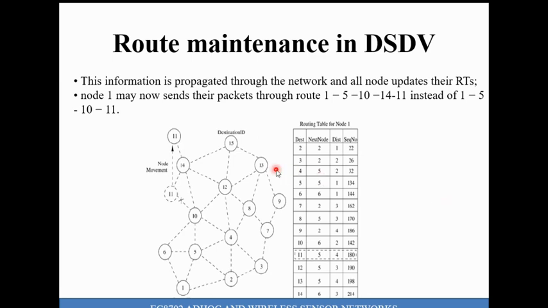Now we have to understand how complex this is. Each and every node maintains a table like this, so it requires more memory compared with other types of protocols. Apart from that, to handle a single frequent path break, node 10 generates some messages, as well as node 14. Those messages are flooded throughout the network, so it consumes more bandwidth. That is why we can say there are a lot of drawbacks in the DSDV protocol.